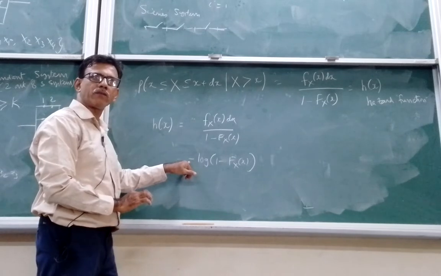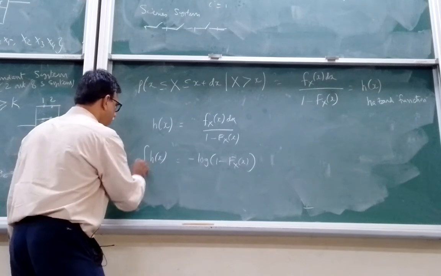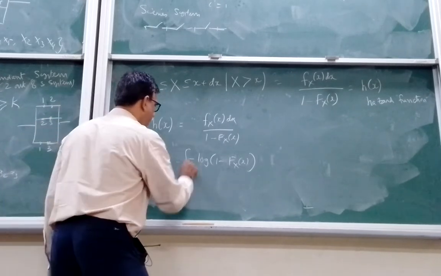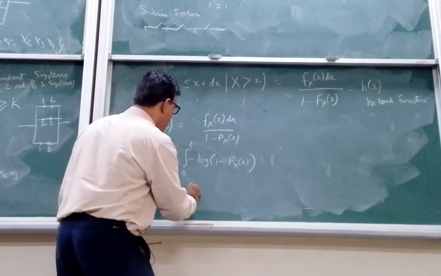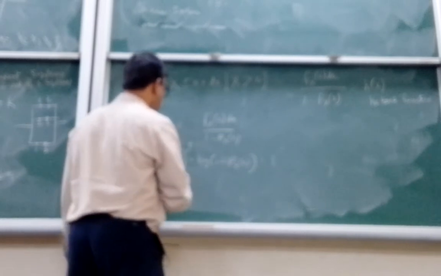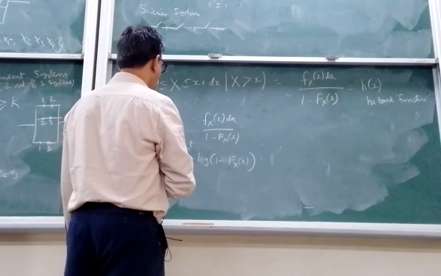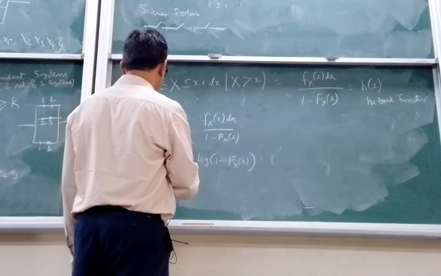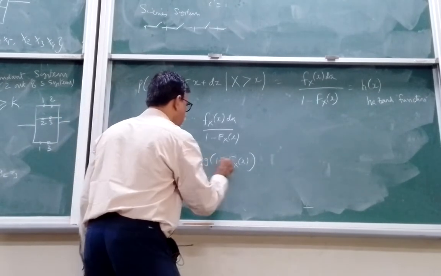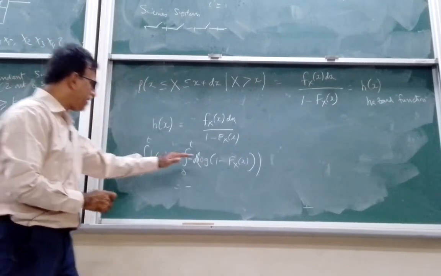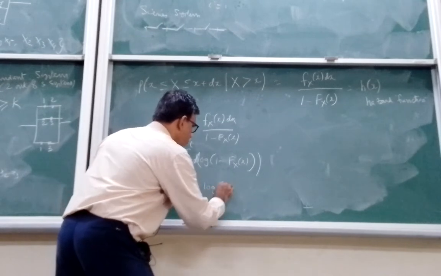So that is why I put a minus. Now if I do an integration from 0 to any time t, sorry, it is a d minus d. I can write it as d of this, so the d goes away. So I only have log of 1 minus Fx of x